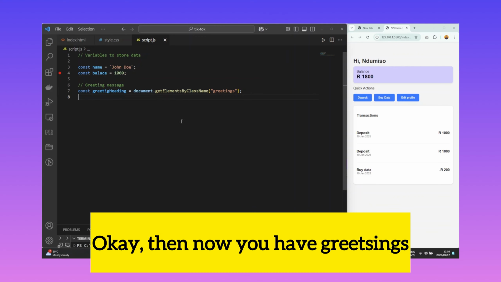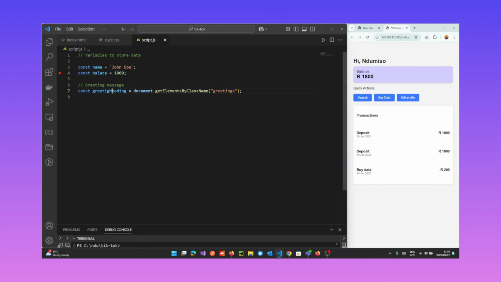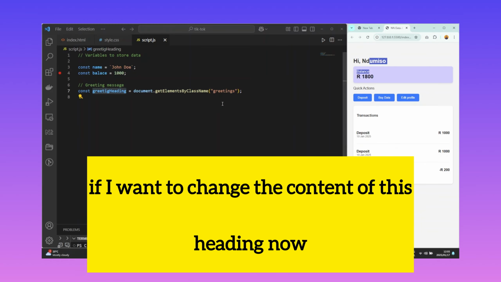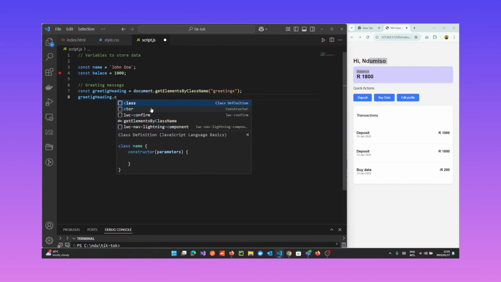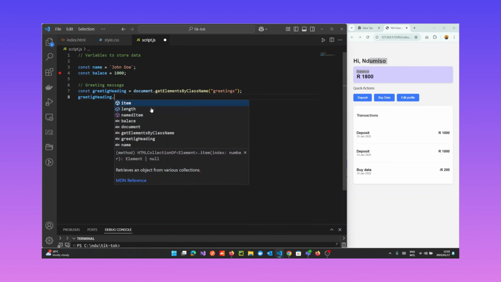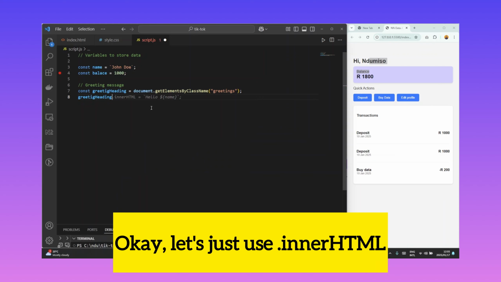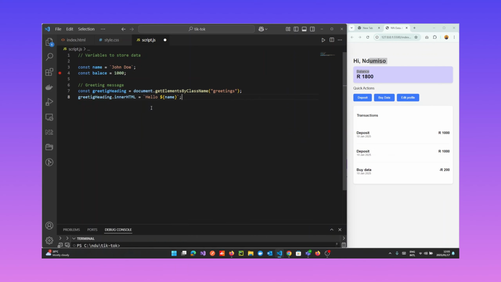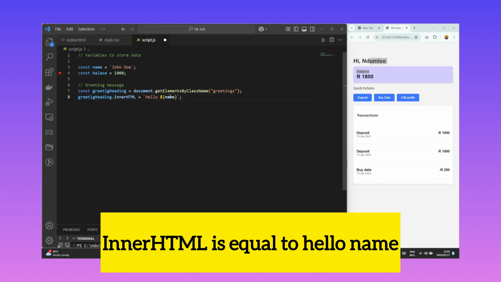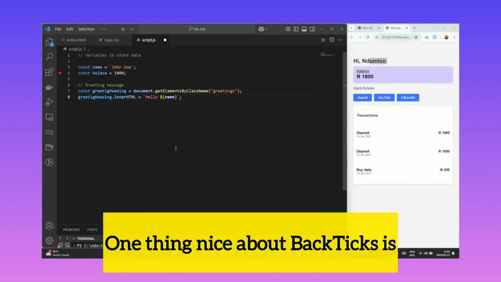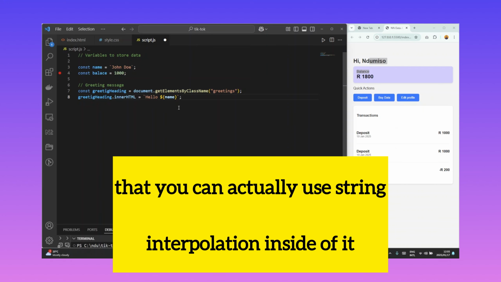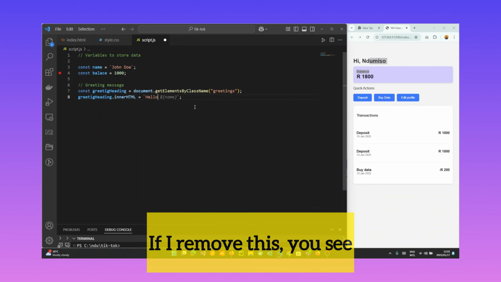Okay, then now you have greetings. So now, if I want to change the content of this heading, I can just say greetings heading dot innerHTML, or dot content, really. I think textContent. Okay, let's just use innerHTML. innerHTML is equal to hello name. But our hello has a comma there. You see this one, it does not have a comma. One thing nice about backticks is that you can actually use string interpolation inside of it. So that means you can append other values. If I remove this, you see,